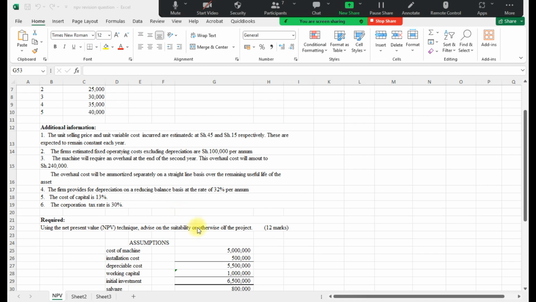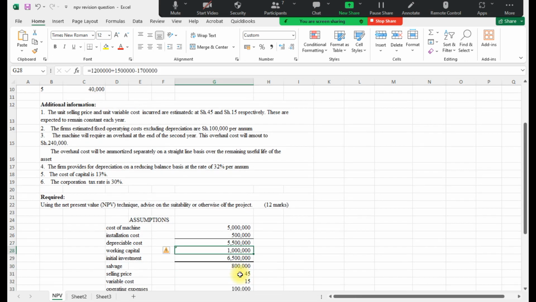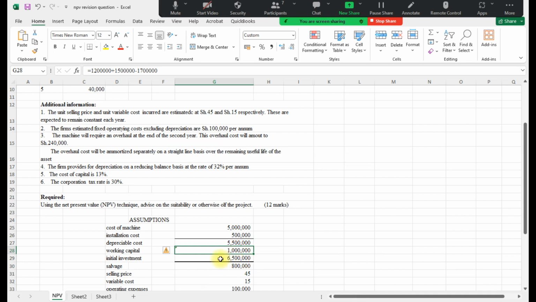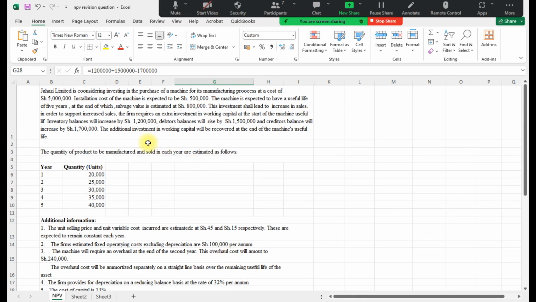We got our depreciable cost, which was 5.5 million. Then the working capital: we did a working for that, because for working capital we were adding the increase in inventory, which will increase by 1.2, and the debtors will increase by 1.5. So we were adding 1.2 and 1.5, increase in inventory, increase in debtors, and we minus the